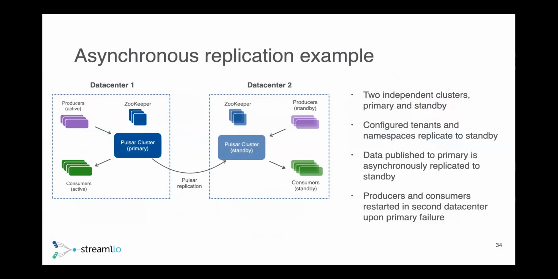But the traditional default asynchronous replication data center is basically set up like this. There are two independent clusters, the primary and standby. You configure identical namespaces and tenants in each because it's meant to be just a failover cluster. The data is published from the producers to the primary data center there on the left, and it is asynchronously replicated one way across to data center two.